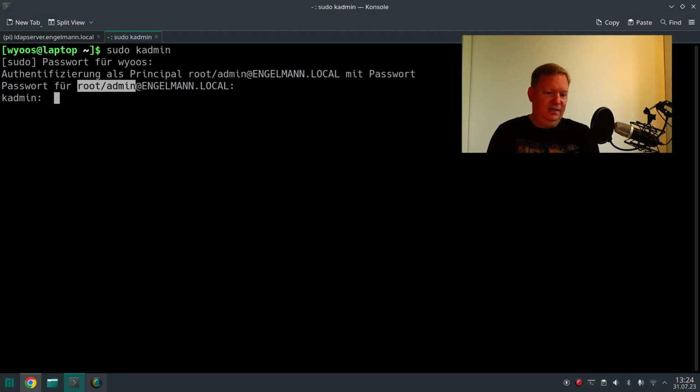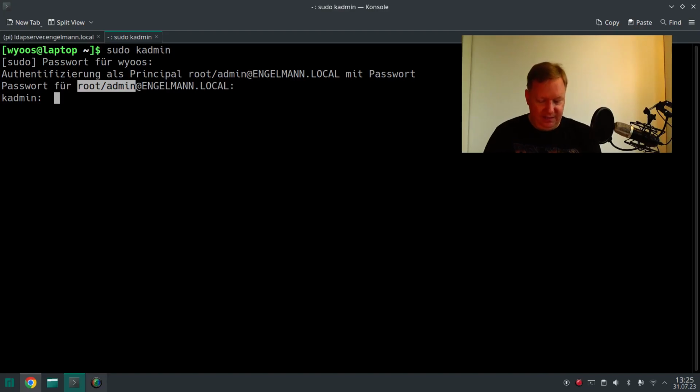And you see now I have logged in from my laptop as admin. This might not be something you want to allow. Maybe you don't want to put the program kadmin on your client machines in the first place, but now that I'm logged in as an admin from my laptop, I can now access this password from my laptop and write it to a local file with the same tool,